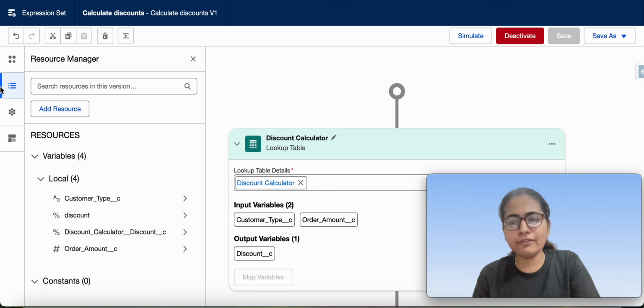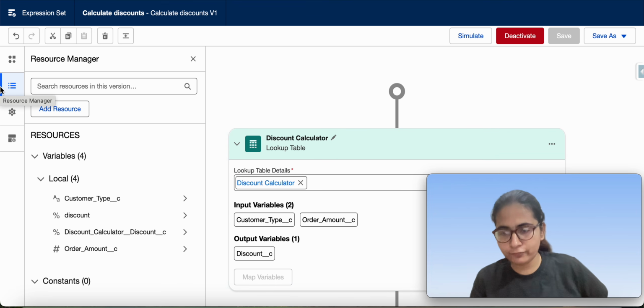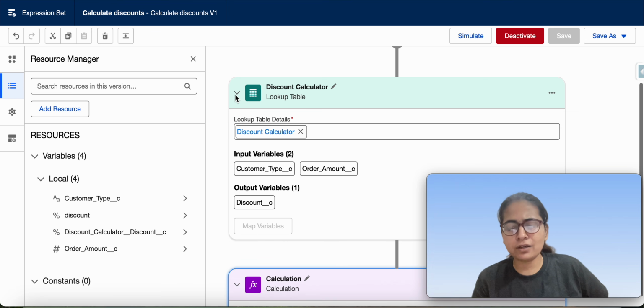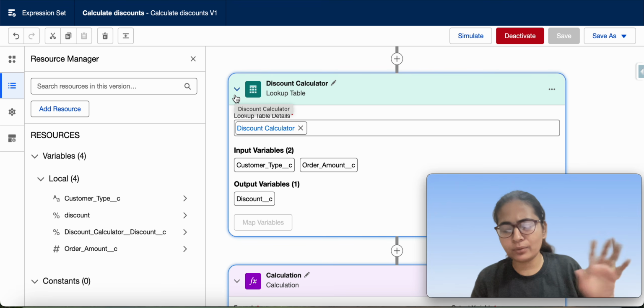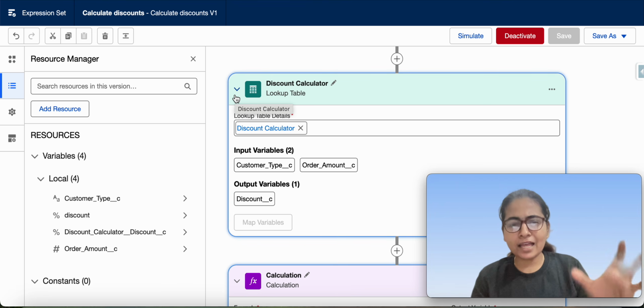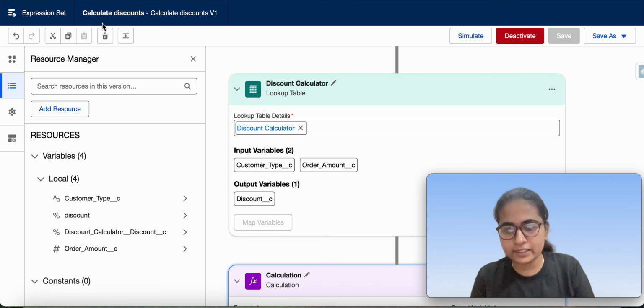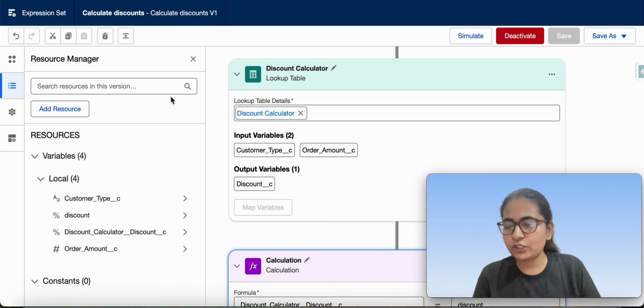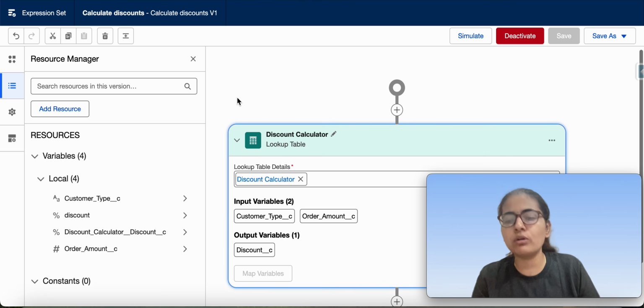If you know how Salesforce Flow works, we have different elements. We have the capability to create variables, perform some actions, and do some assignments. Similarly, this is how expression sets look. Expression sets is where you can call your lookup tables, and lookup tables are of two types, decision tables and decision matrix.